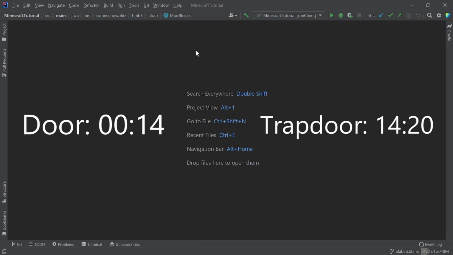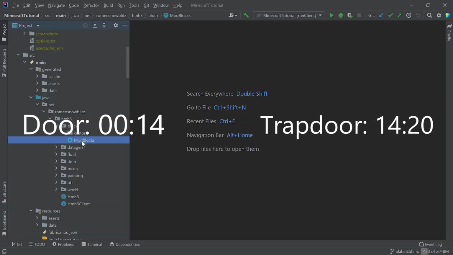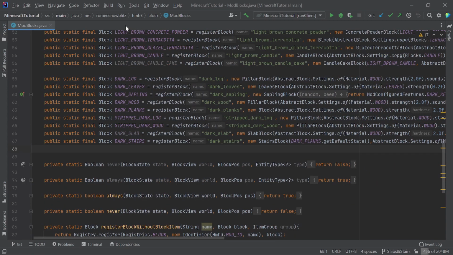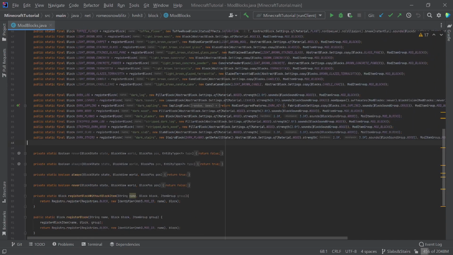Today we are going to be talking about two things, so follow them by their time stamps. The first thing we're going to be making is the door. The second thing that we are going to be making is the trap door. So let's get started. So when it comes to the door, let us simply,